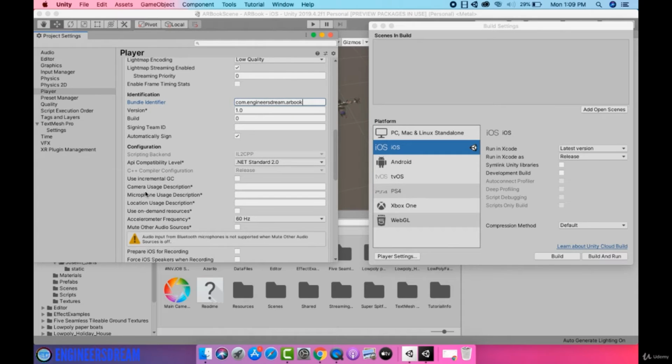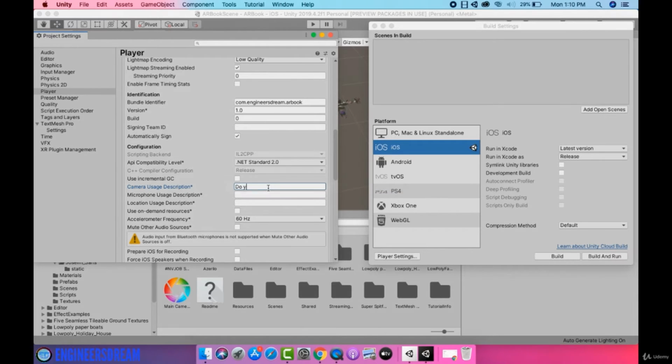Next, I'll scroll down and I'll make changes inside this camera usage description. As explained inside the AR1 section as well, the text which you enter inside the camera usage description will be shown inside the permission pop-up message, which basically appears at the start of the application. Whenever you run this application for the first time inside your phone, you will get a permission pop-up and the text which you type over here will be displayed there.